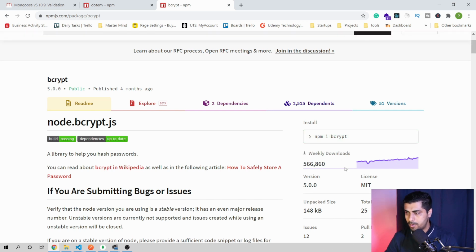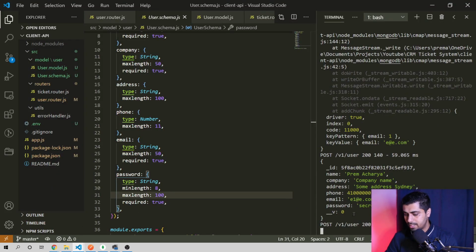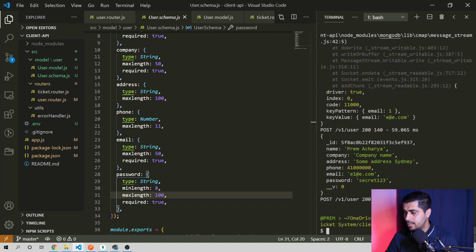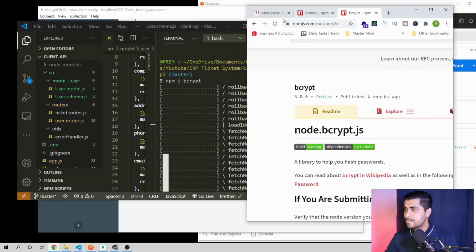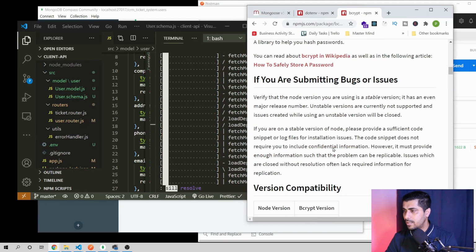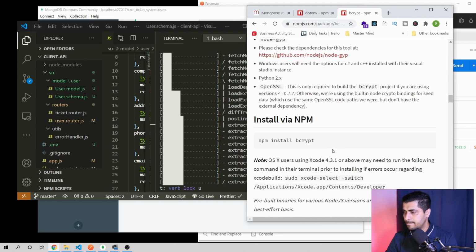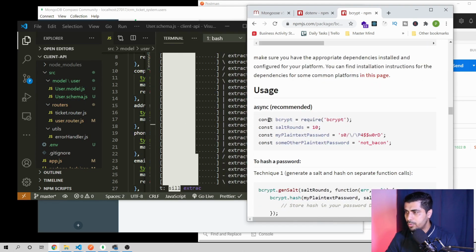Let's go to our npm download page. It's not bad. Okay, let's go to our application. Stop the application from running with Control C, and say npm install bcrypt. Then I'm going to make it smaller. So let's see their recommendation on how to use it. Simply, we need to